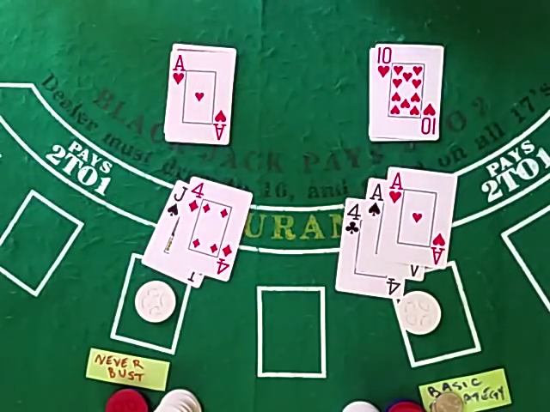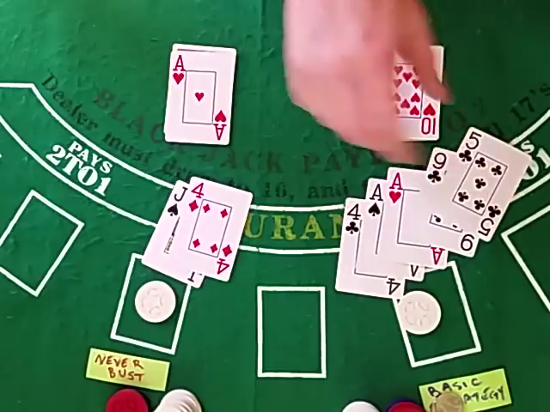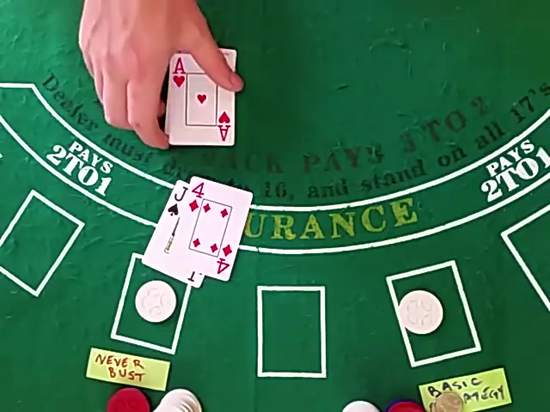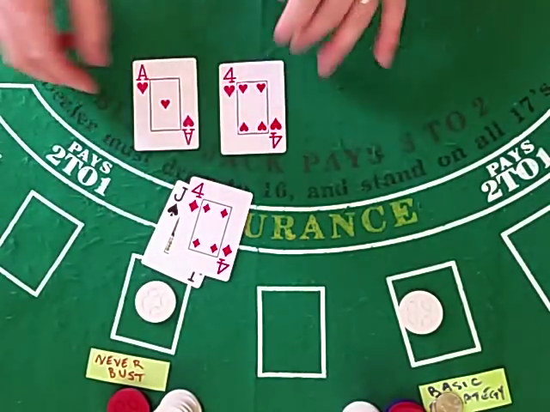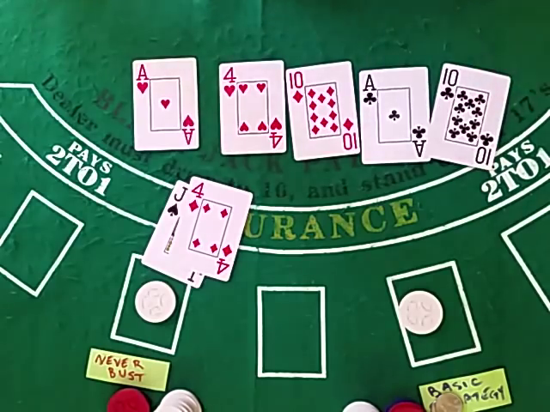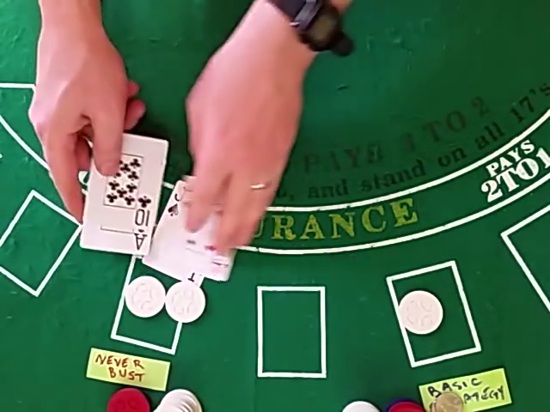Anyways, soft 16. What does that make for? A 15, 20. 20. Push. All that work for a push. Insurance closed. It's not there. 14 will stand. 5, 15, 15, 16, 26. What I usually will say, though,